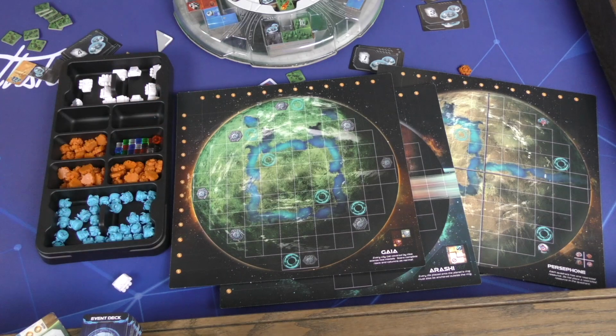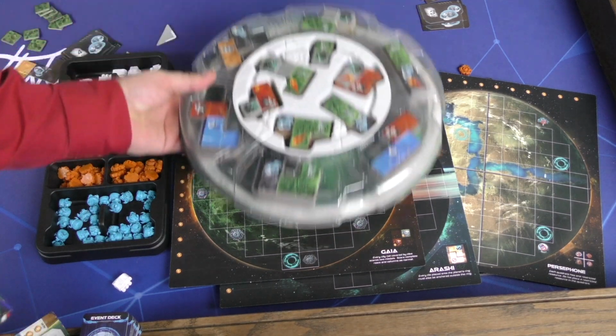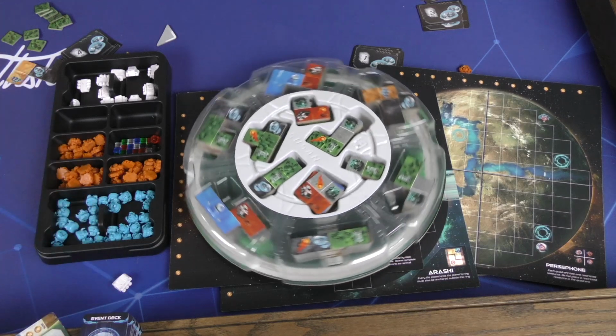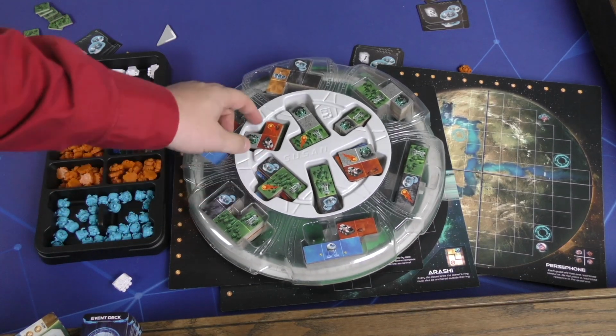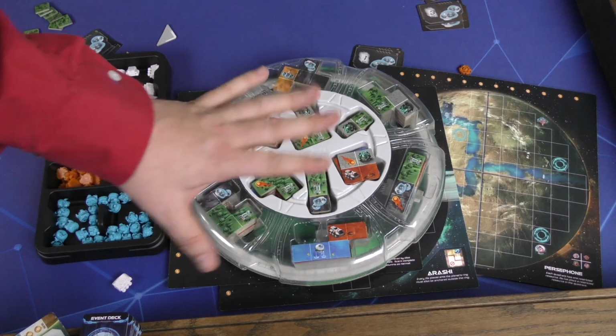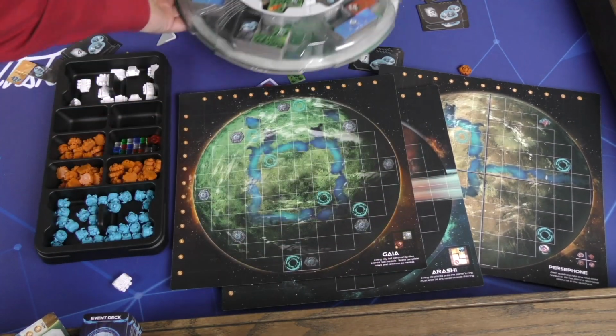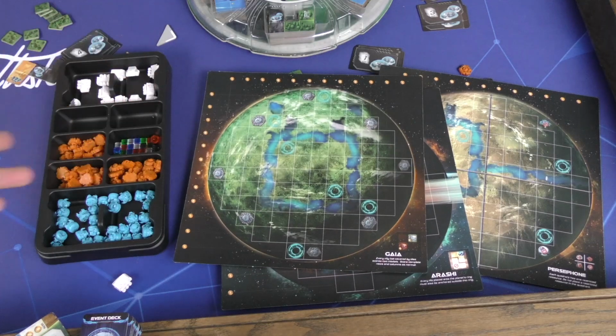Here's the thing, I like a lot of the stuff of this game. I think the tiles look great, and this Lazy Susan is fantastic. It has little spots here for you to reach in and pull out tiles. There's a couple times where it was hard to pull them out, but for the most part it works really well. The boards are a little thinner than I would like,